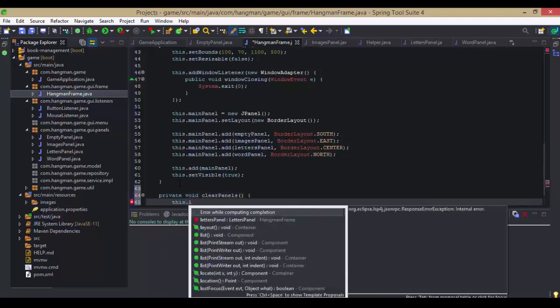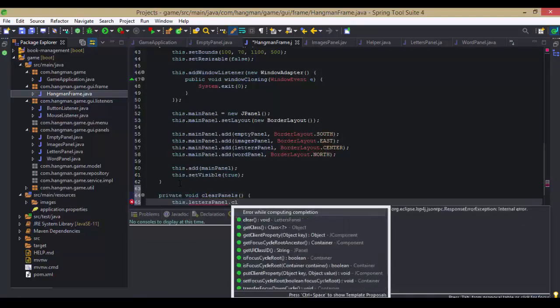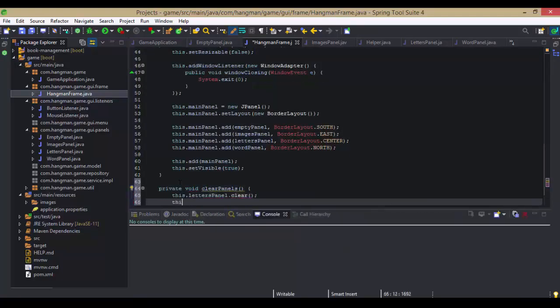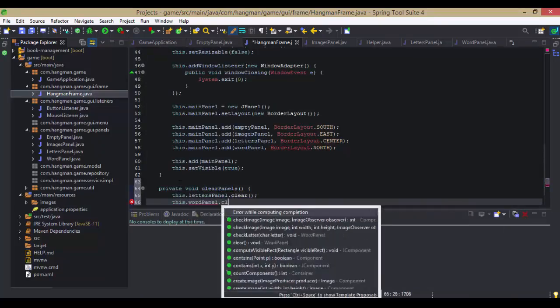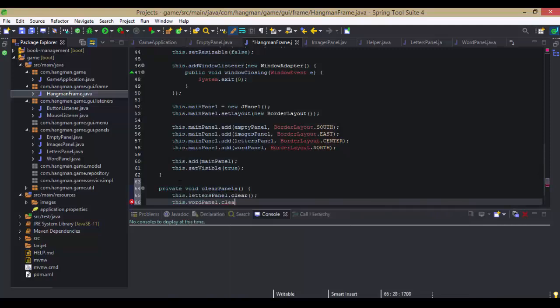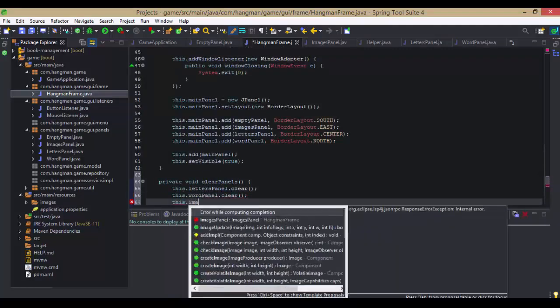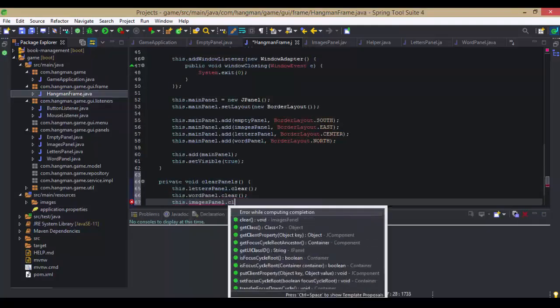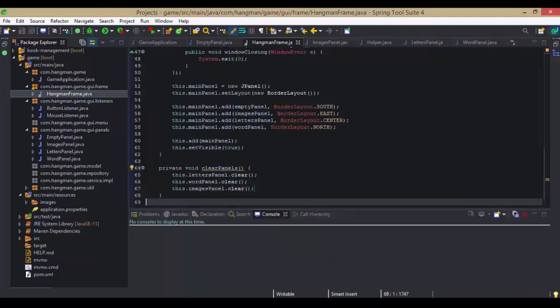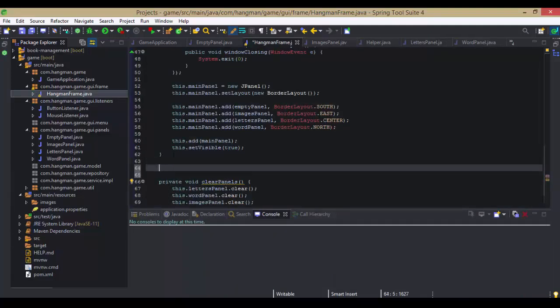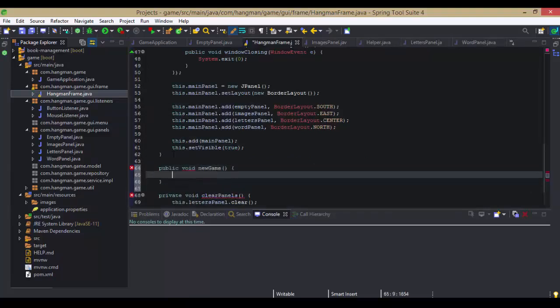And if you recall, the hangman frame has references to all our panels, and we'll invoke the clear method for letters panel, word panel, and images panel. And we'll also need a method that will be called new game,